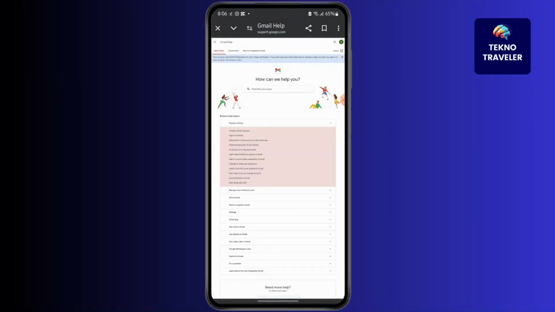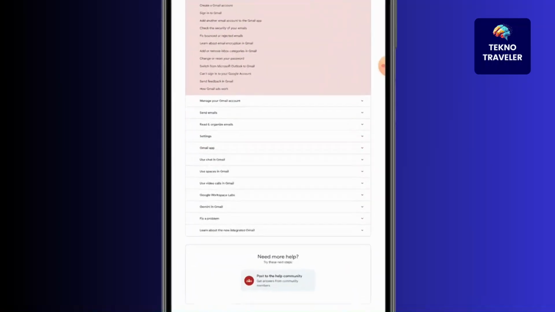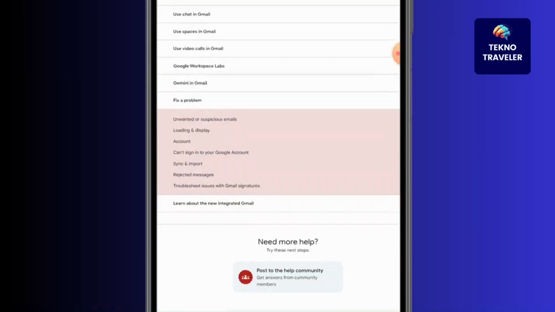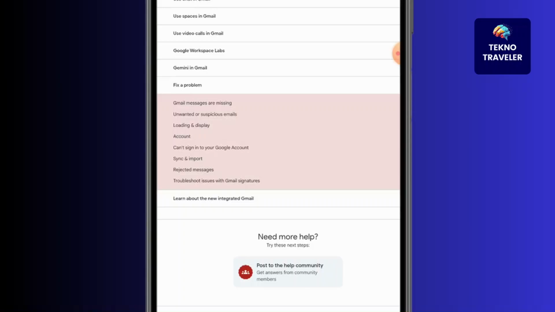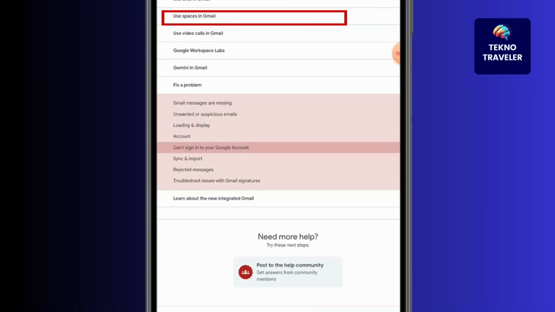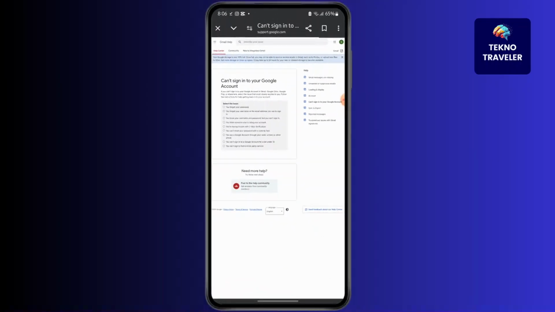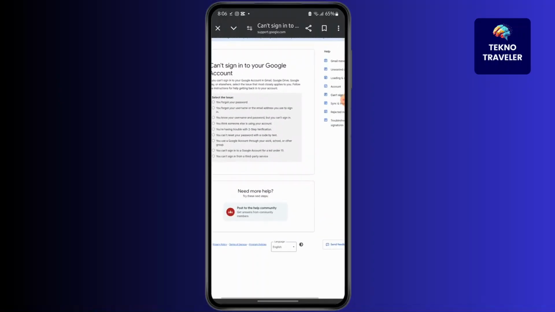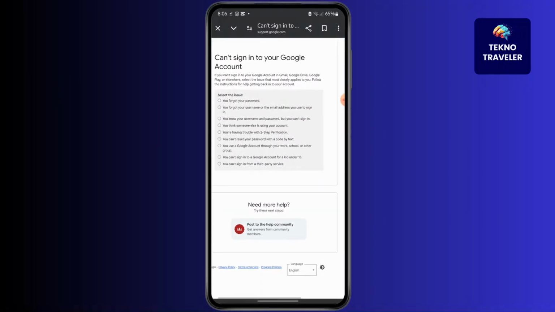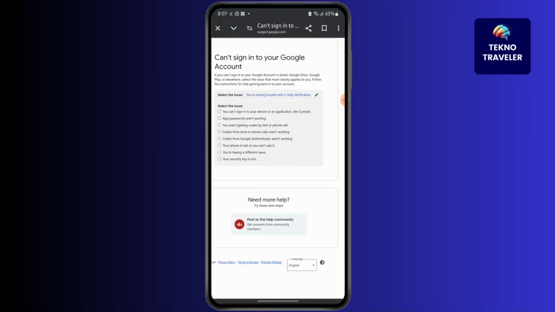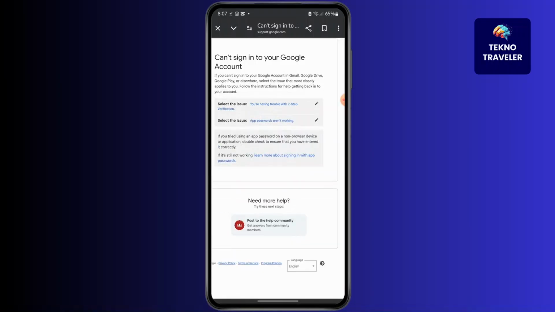Now, what you will have to do is go to fix a problem. Go to scan sign in to your Google account. Now here you will find an option of hacking or something like that. What you will have to do is select you think someone else is hacking your device or using your device, and simply select the issues, what kind of issue you are facing. After that,